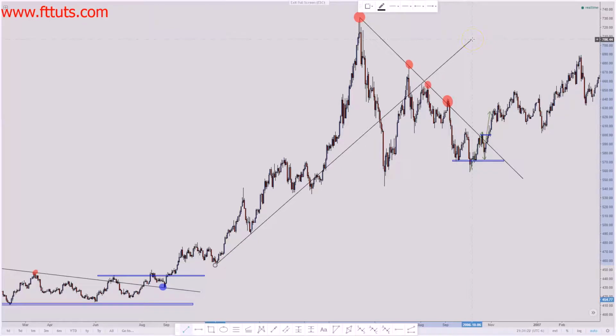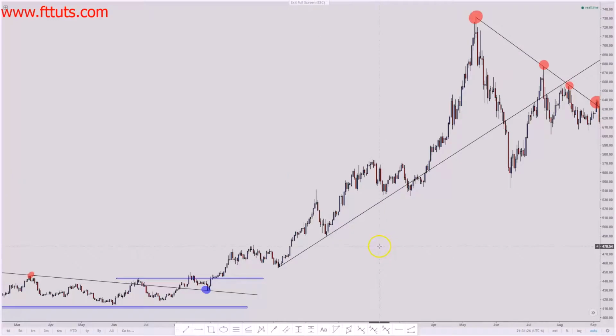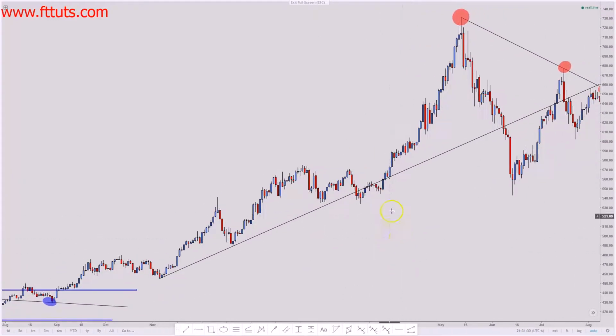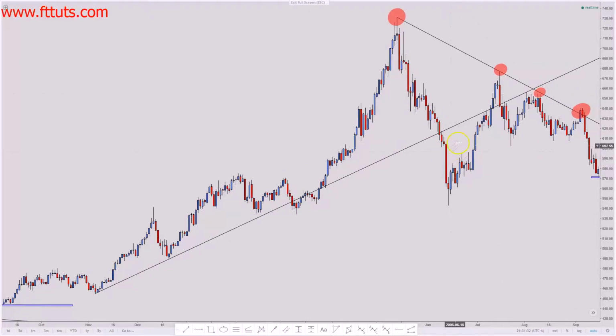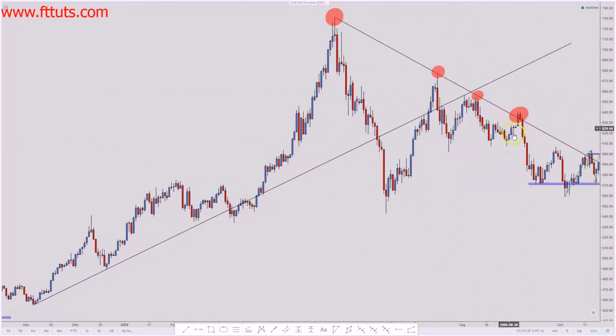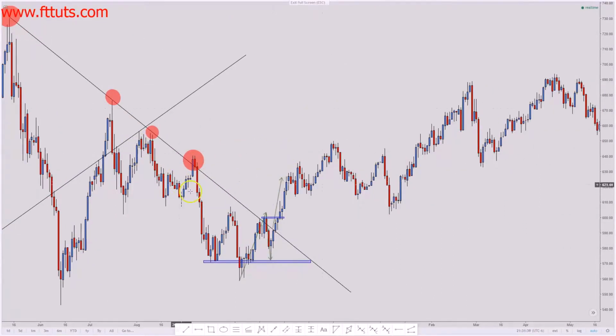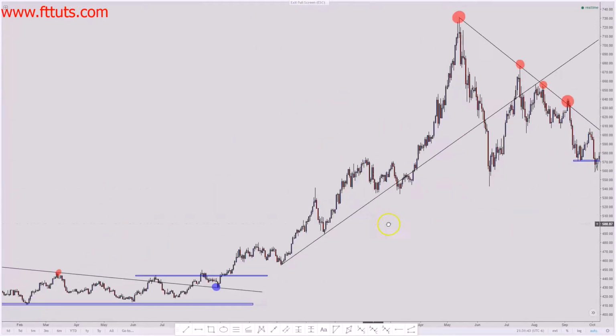I want to cover the price action that already happened. See when price breaks back down under it, you get those retests. Boom, and then price starts going. Right here you got a nice drop, and then yeah, we get another trend line break. But you guys get the point.